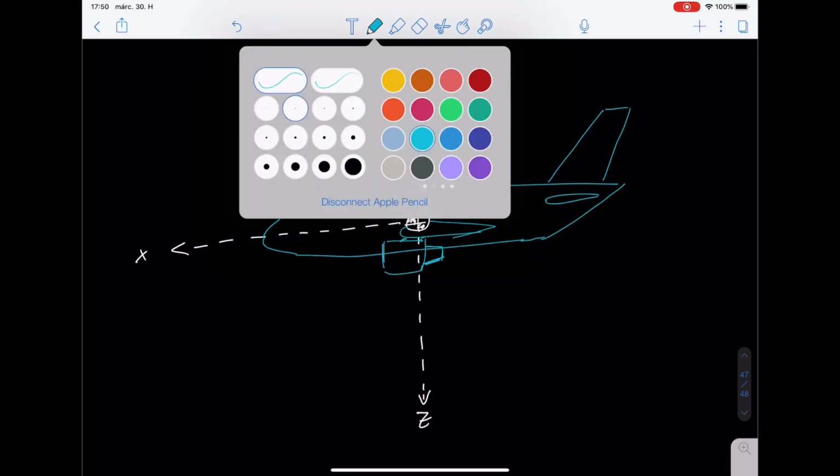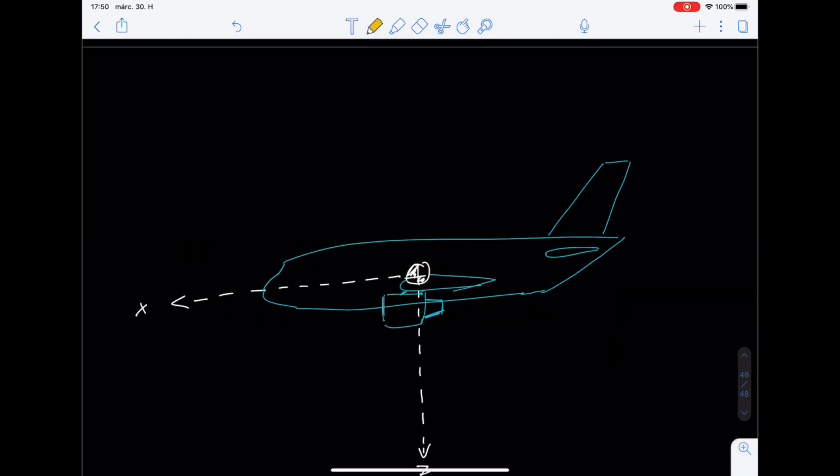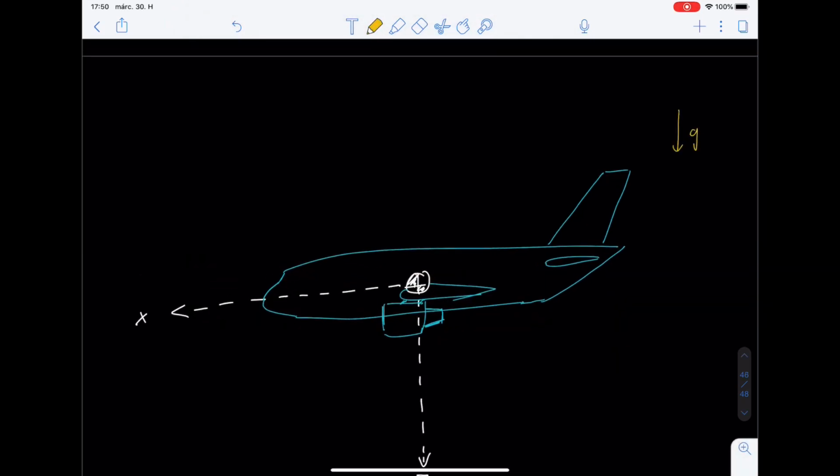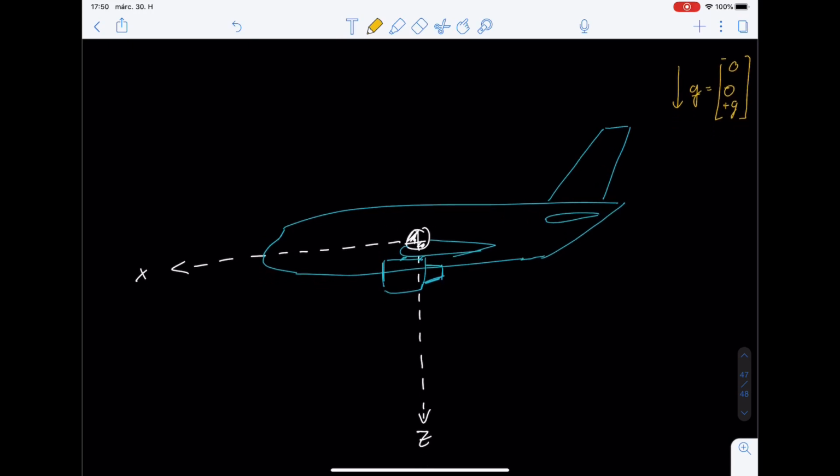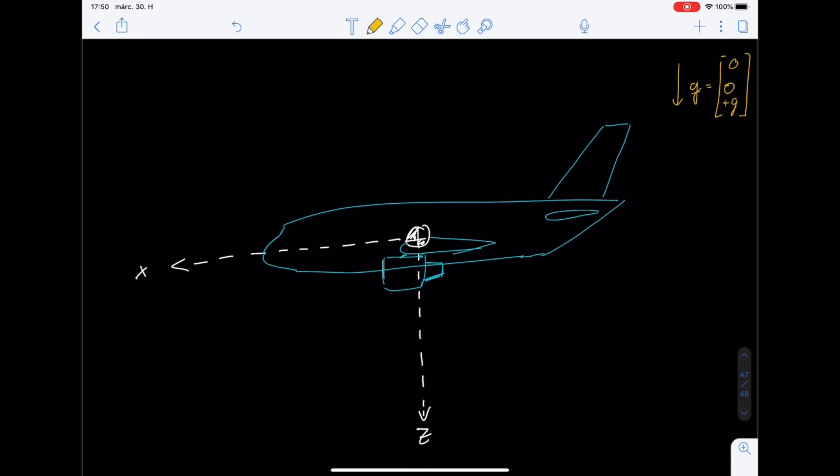Okay. And also we will presume the gravitational acceleration to be acting, if this is the x, y, and z direction, so 0, and y is 0, and plus g direction, like this. Okay, so in that case, if the body has a given mass, the first force which acts on the aircraft in the center of gravity is of course the weight of the airplane,